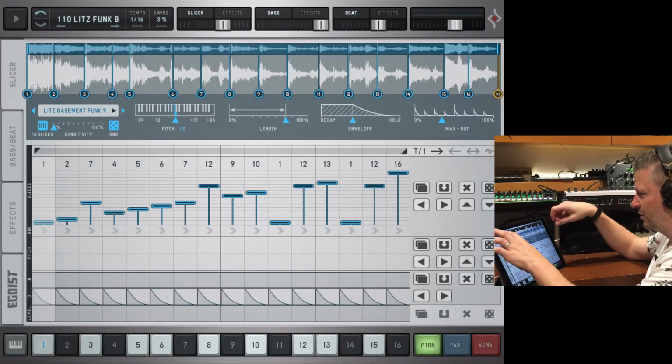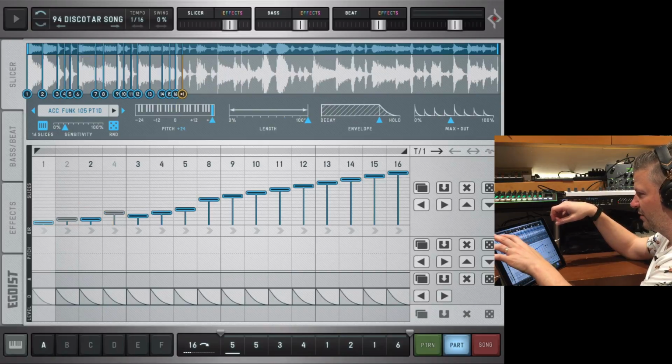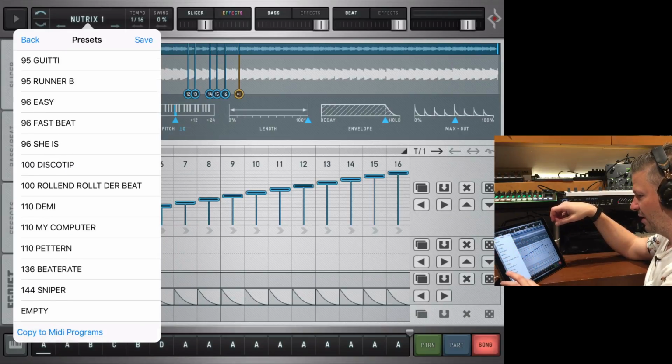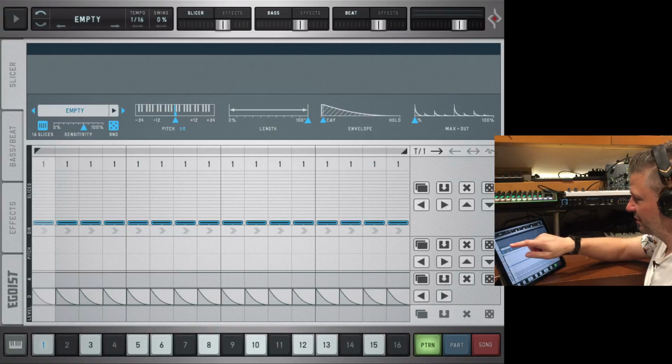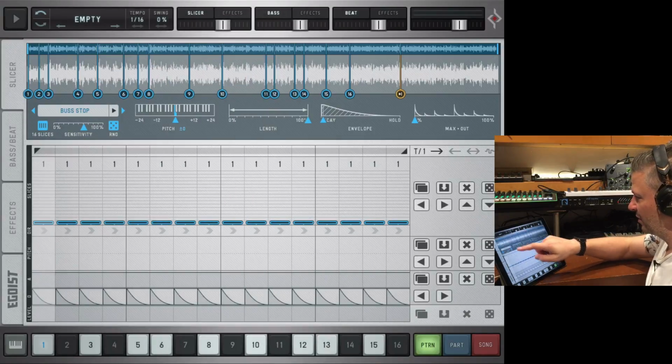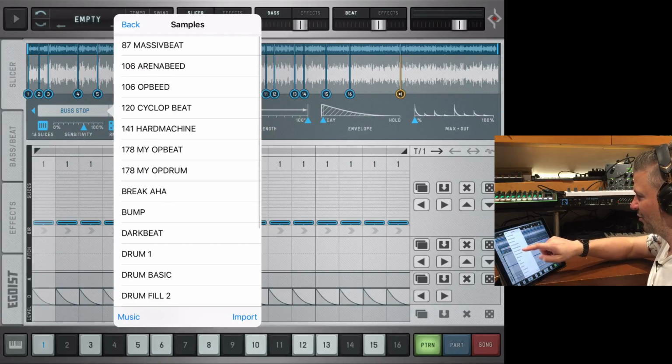Let's say we start, let's take an empty one just for fun. Can I go in and go empty? Okay, I'm going to load an empty one. Let's load one, ambient. Let's say, I don't know what this is. Oh, this really isn't anything. Let's try something more like a,